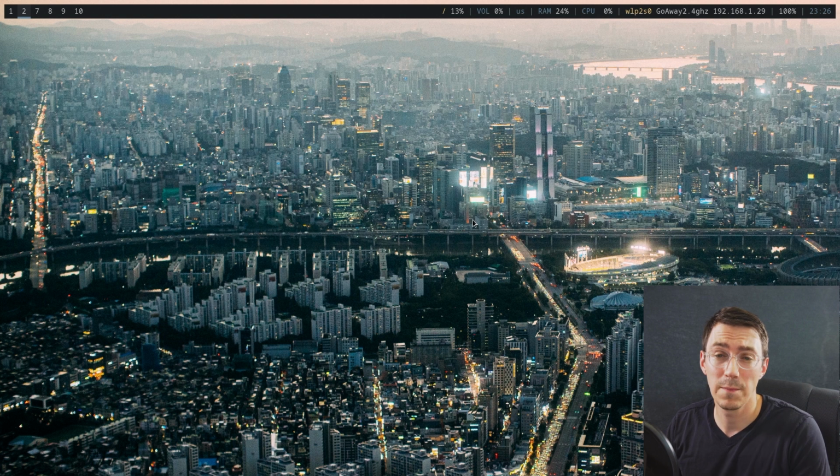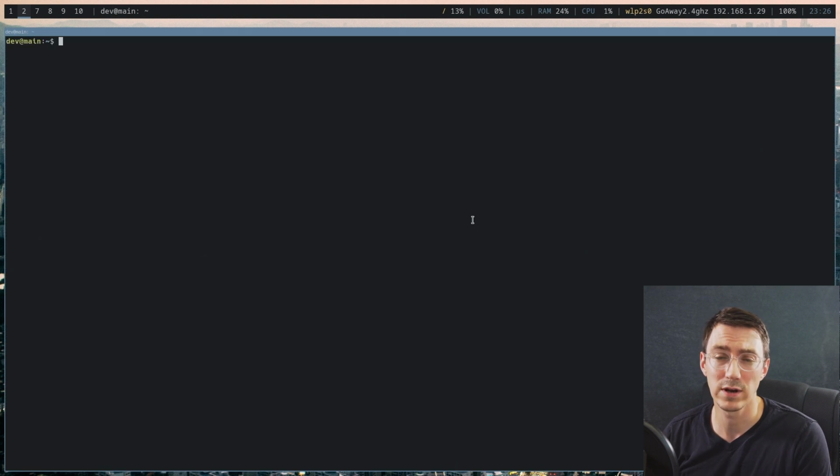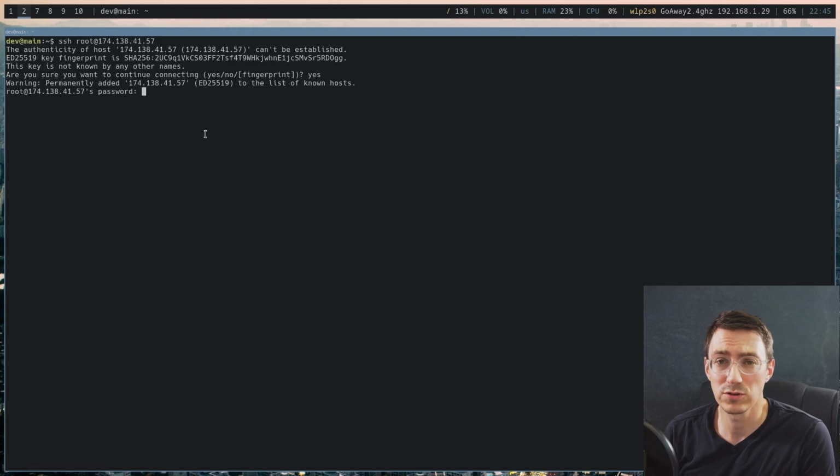Alright, we're going to be setting up a web server on a fresh Debian install. You are going to need a static IP address and a valid domain name that you are going to use for this setup. So the first step we are going to be doing is using a terminal to SSH into